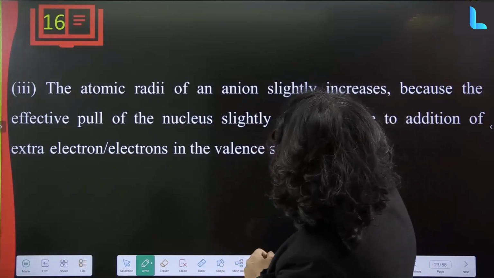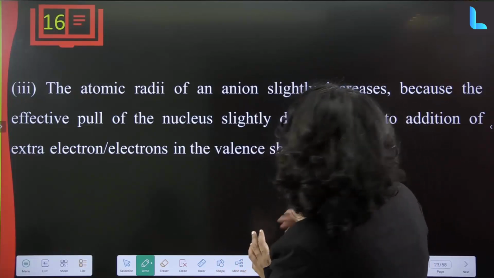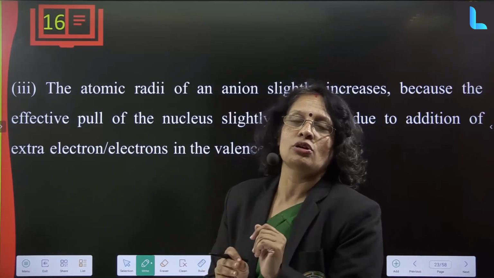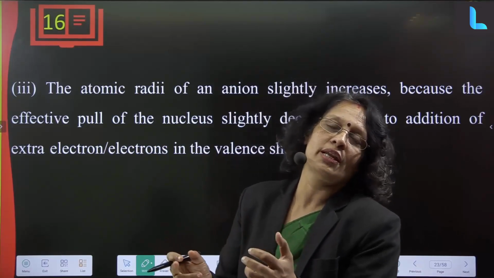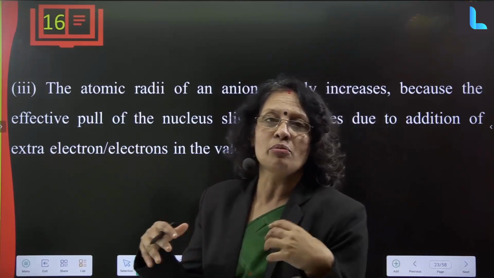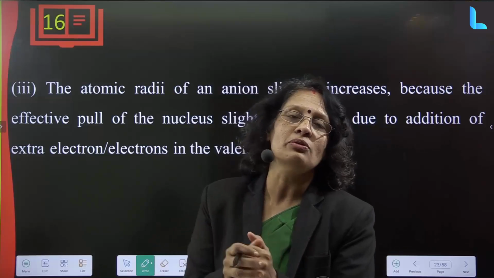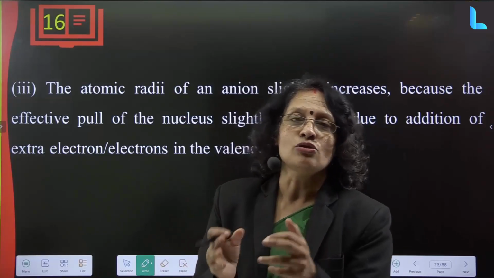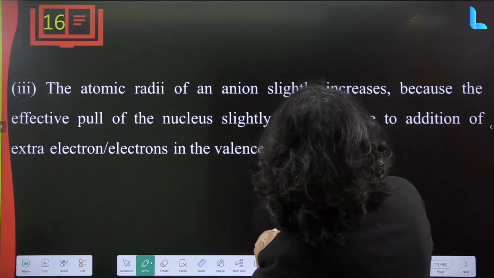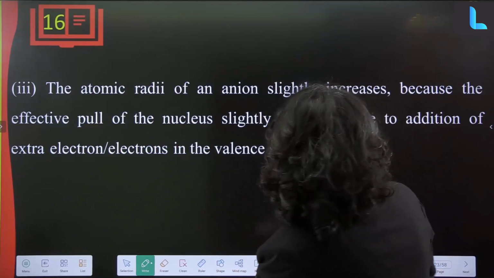The atomic radius of an anion slightly increases. Why does the radius increase? Because of gain of an electron. But your question will be: the electron is gained in the same orbital, so how is the size increasing? Because as the number of electrons increases, repulsion between electrons also increases. So due to repulsion, the pull of the nucleus slightly decreases due to the addition of the extra electron in the